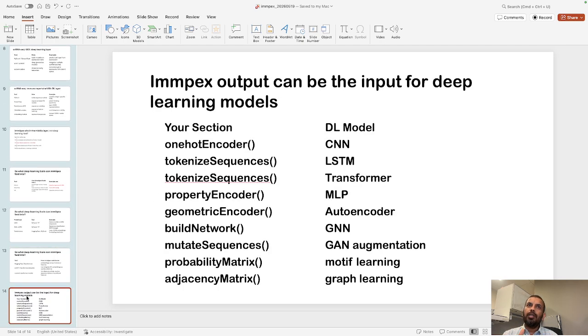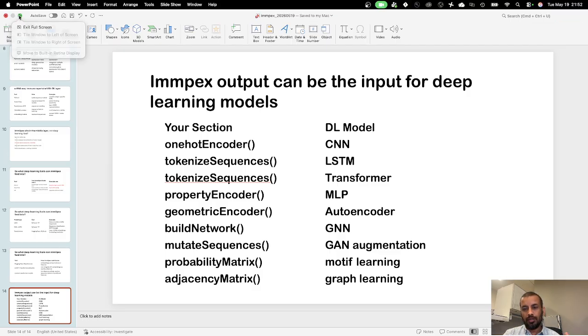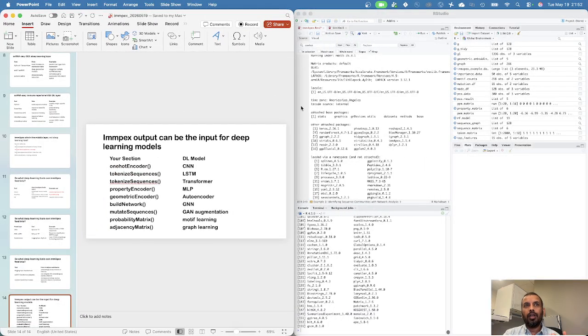So ImmApex output can be the input for deep learning: one hot encoder, tokenized sequence for LSTM, and for transformers, property encoder for machine learning parameters, and geometric encoder, autoencoder, and building network GNN, mute space, augmentation, and probability matrix. So that is just some background about where ImmApex is sitting, and now I will go to RStudio to learn how we can